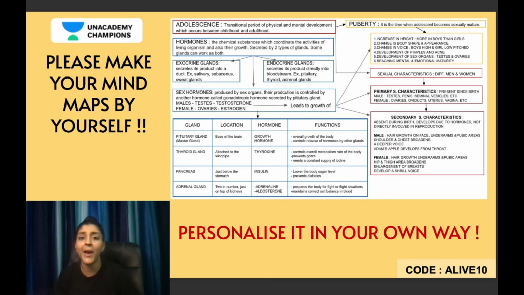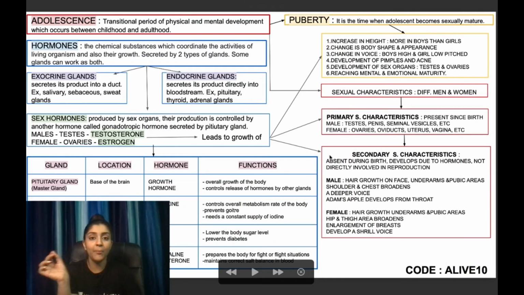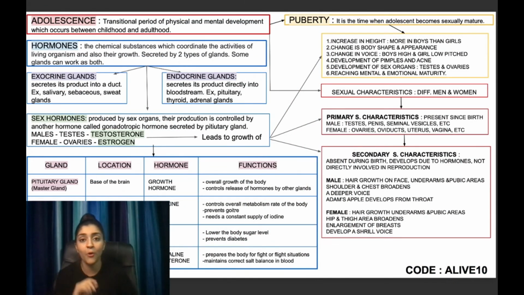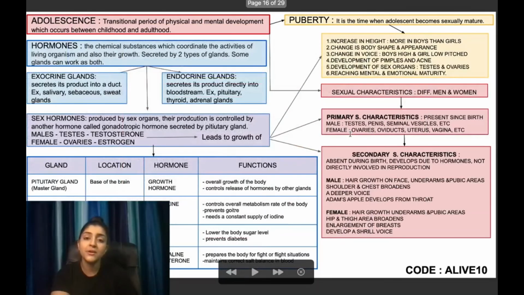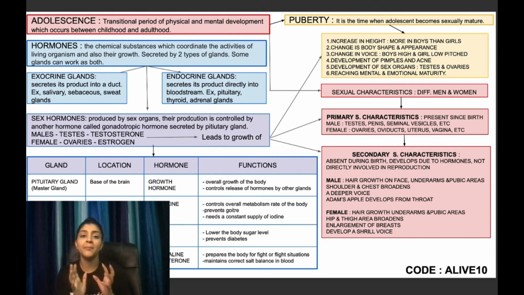So how can you actually personalize it? I have given you some examples over here. You can mark it up with some colorful highlighters or maybe some pencil colors. Do not use very dark colors, it looks very clumsy. All right, do not do it. Important terms can be highlighted like this. You can also shade it a bit with a light pencil color or a highlighter to make it look something like this. So you can see I have not used more colors over here. I have just tried to be very minimalistic so that I can also read it out. It's not about decorating it.